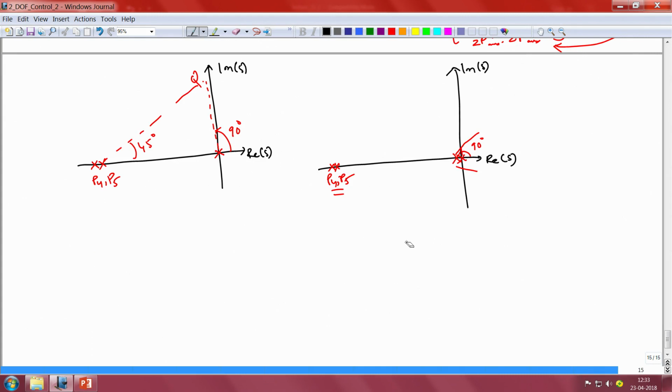Now, if we look at the next situation, which is the opposite of what we have been looking at now, namely where we have no poles at all near the origin, in the complex plane there are no lumped poles near the origin, and we just have the two controller poles P4 and P5. What will the consequence be?